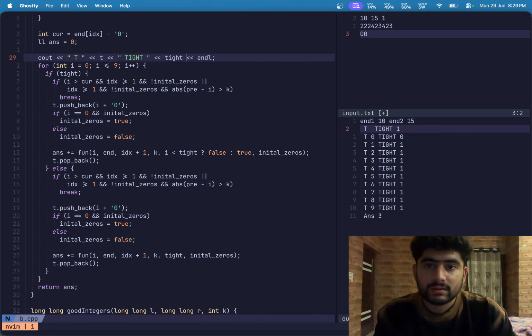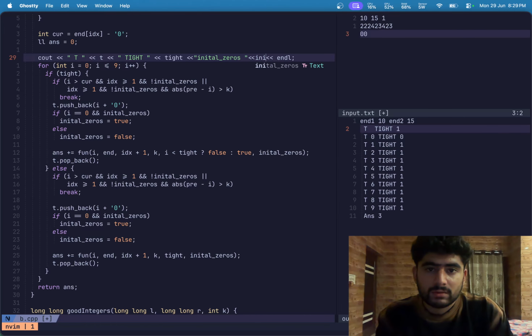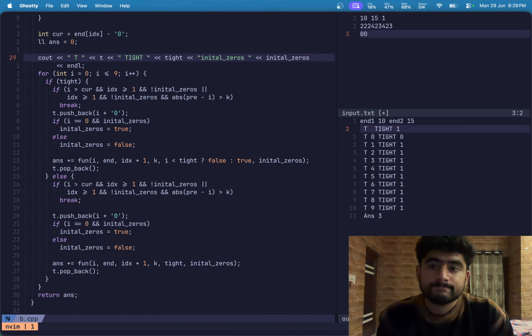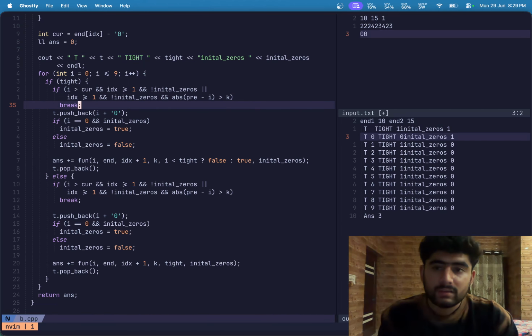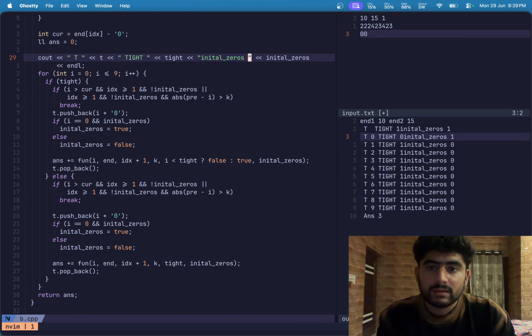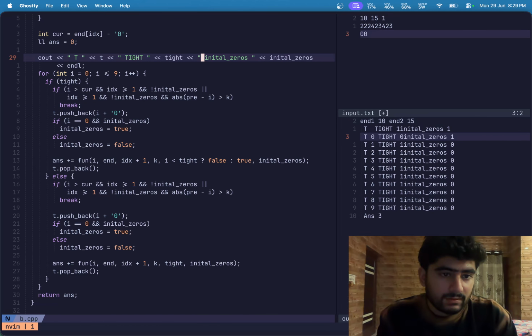So also let's say initial zeros here also. Initial zeros. It's 1. But in case of this, how tight is, yeah, tight is 0, that's also correct. So when tight is 0,